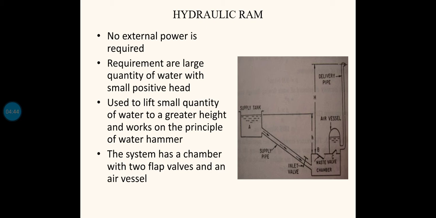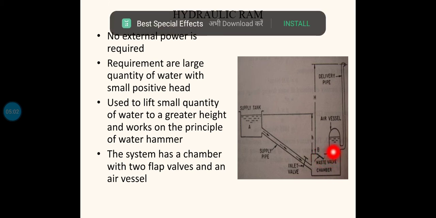See here, there is no external force applied. Only the water is allowed to flow from this height to this chamber, and once this chamber is completely filled, this valve is getting closed. Due to the closure of the valve, a high pressure is generated inside this chamber. This is what is known as the water hammer. Due to the water hammer, the valve C is getting opened,